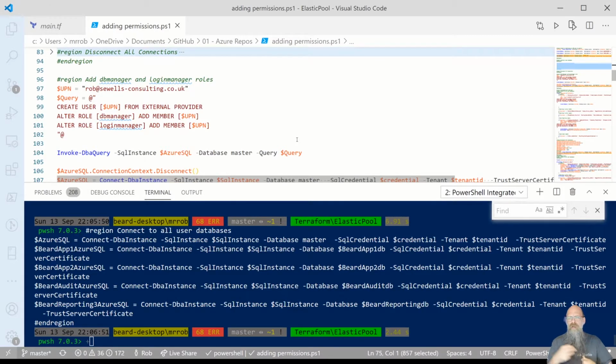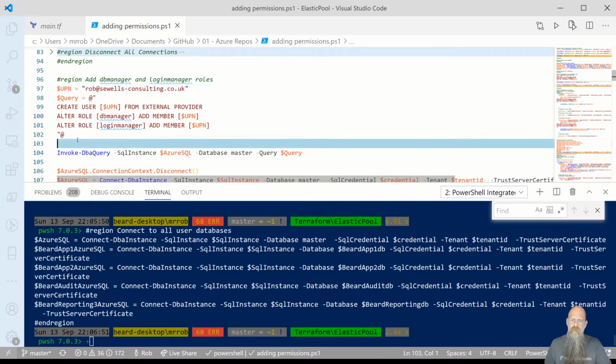And in Azure SQL Database, you can't add a sysadmin role. You can use a sysadmin, an administrative account, but to have a sysadmin role, as it were, is not possible because you don't have access to all of the underlying SQL instance. You only have access to the databases. So what we have in the master database are two roles called DB manager and login manager. So what we're going to do is just create a query